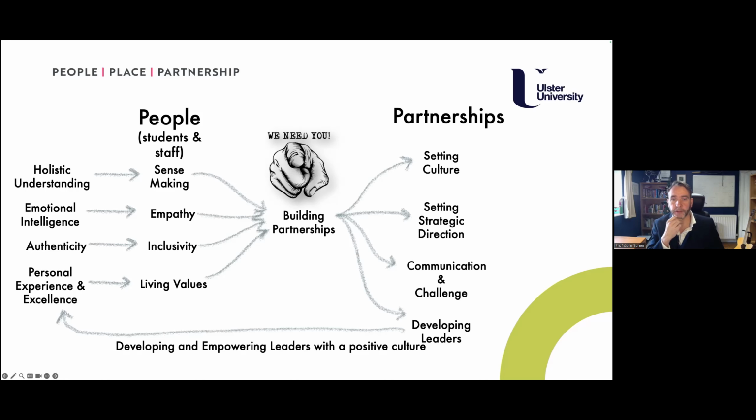I'm trying to explore here the things that I felt were important in creating virtuous circles of positive leadership styles, because it's quite easy to produce vicious circles of negative leadership styles, which I'll not go into too much. But what we're trying to do on the right-hand side is getting folks that understand about how to set culture, how to set that strategic direction. And without the culture being right, the strategic direction is irrelevant. And the communication and challenge, so that, for example, people feel empowered to say when they think things are going wrong. And there's an opportunity to do that in a polite and constructive way.